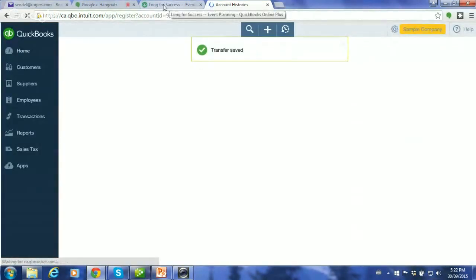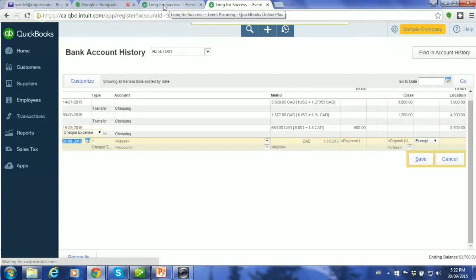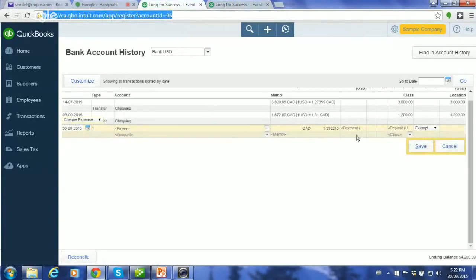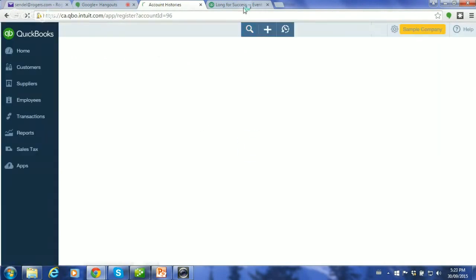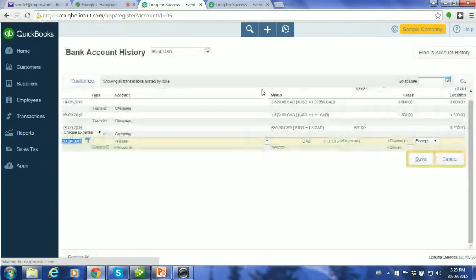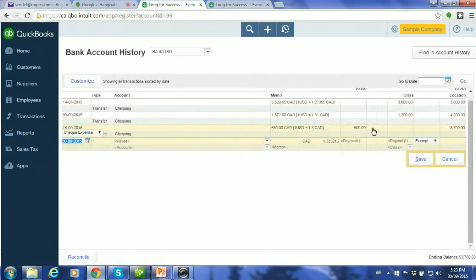And I can go back to my other tile here. Well, this one's thinking. I can go back over here, and I can see I'm going to have to refresh to pick up the entry that just happened on the other screen, right? Or I'd have to go out and come back in again to the account. But here's the 500.